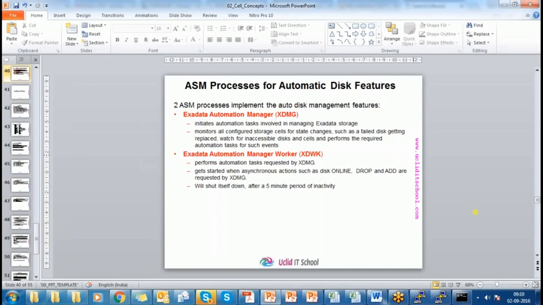If the cell is lost, for the data on that cell you have mirror data on a different cell. So ASM will read that mirror data now.